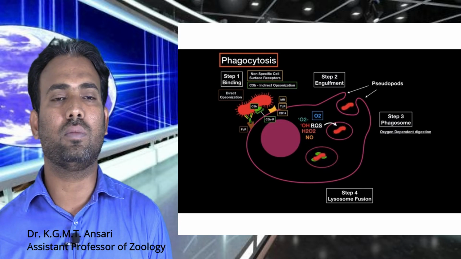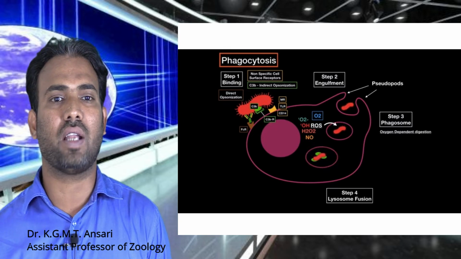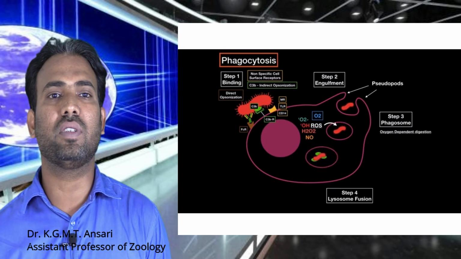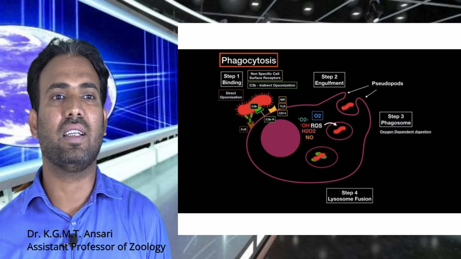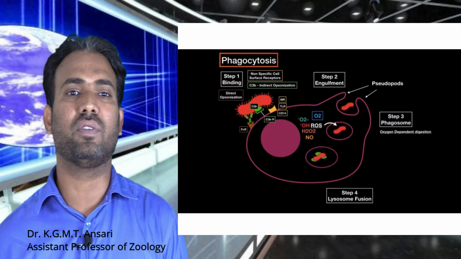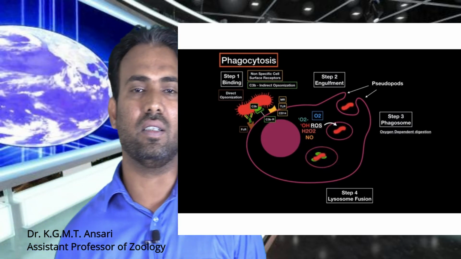Then the granules of the lysosome will fuse with the dead particles, and they will be digested, and entirely it will be known as the residues of that particular material or foreign